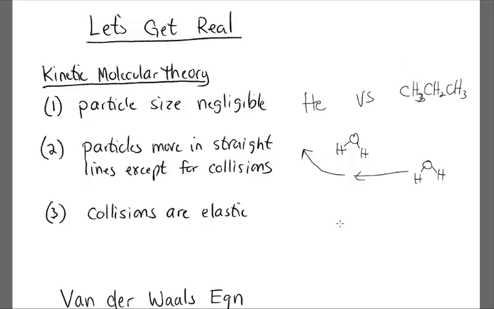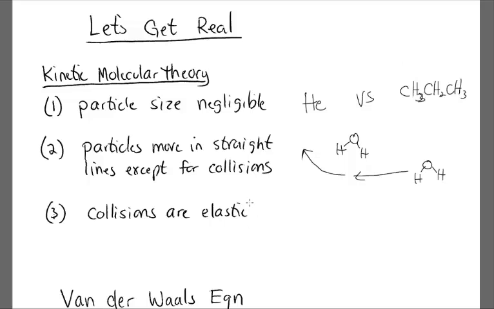So molecules aren't always going to move in straight lines, even when they don't collide. They're going to bend around each other due to attractions. And finally, the third assumption of kinetic molecular theory is that all collisions are elastic. Well, for the same reason it wasn't true here, they don't all move in straight lines, they're also not all